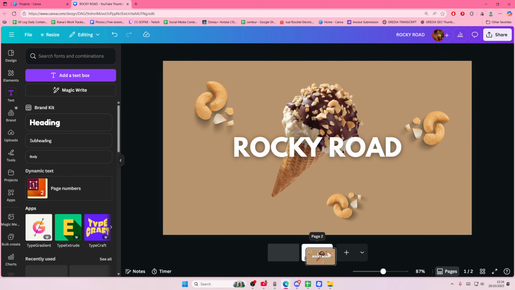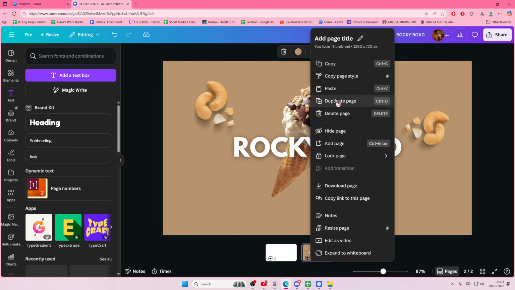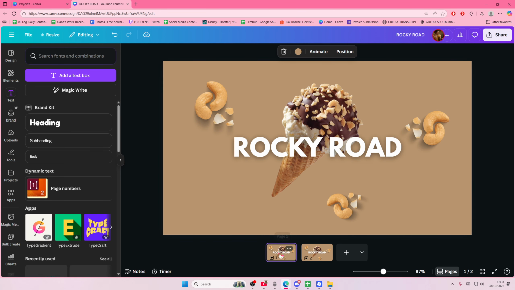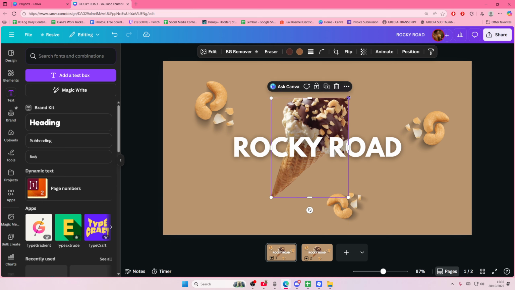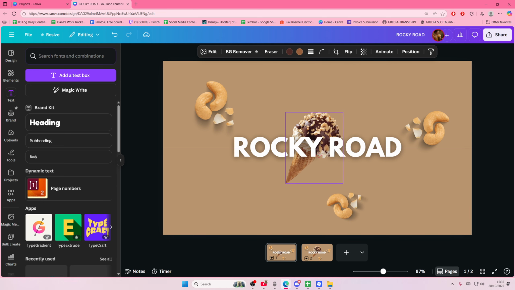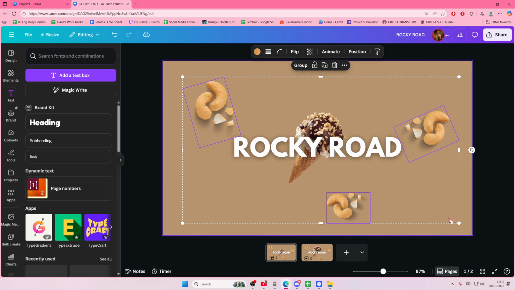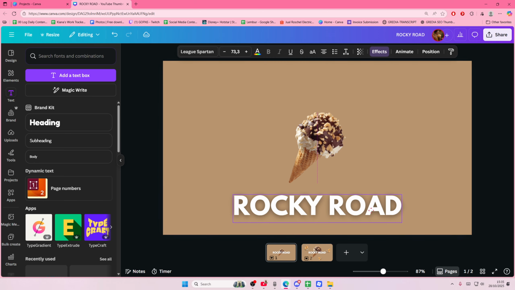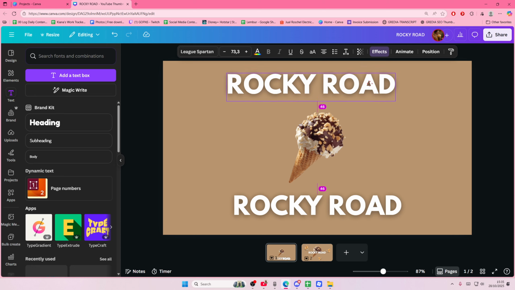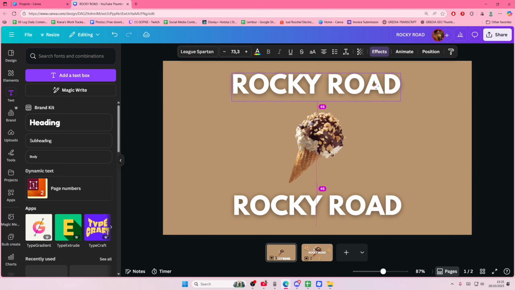And I'm actually going to put it on the second slide. Let me duplicate it first actually, and let me delete this page. And then on the first slide, I'm actually going to make this smaller. And then I'm going to take this and make this go behind the... actually I'm just going to make it small so you can't see it, and I'm going to put the text here and I'll add like new flavor